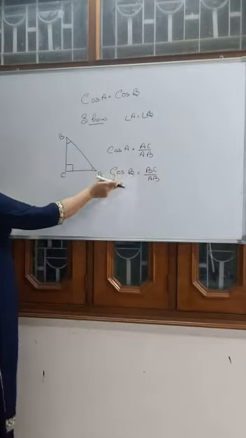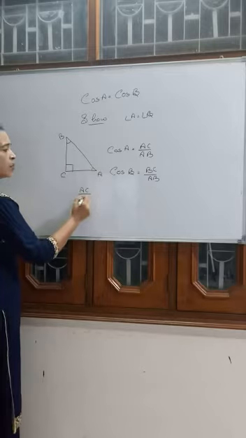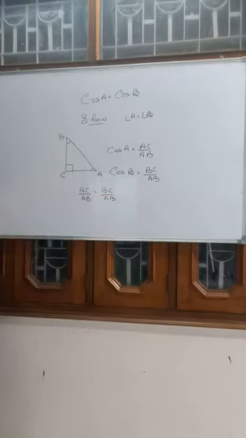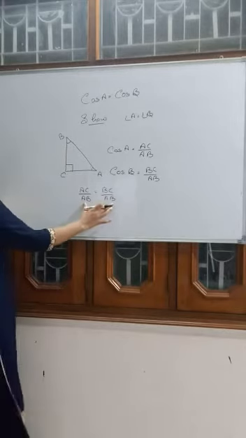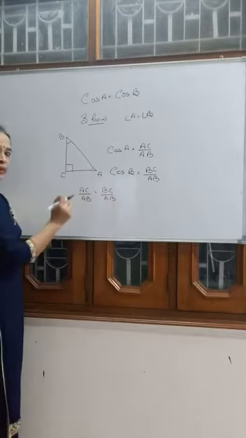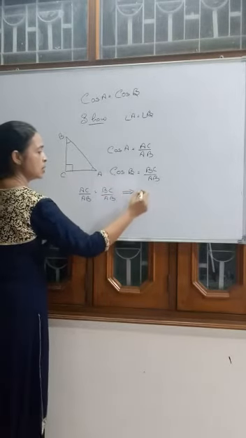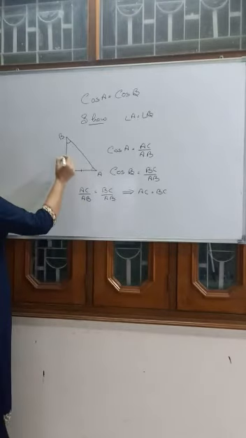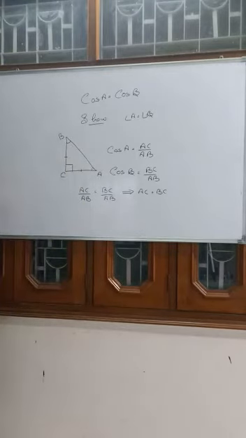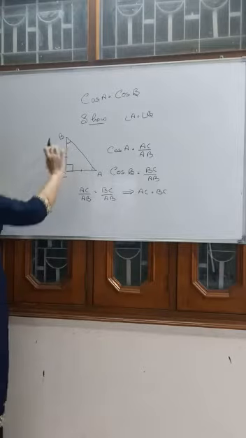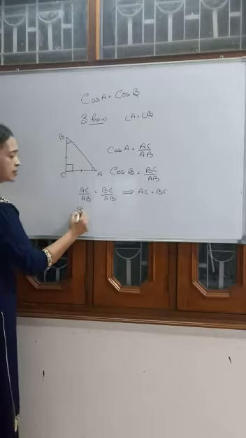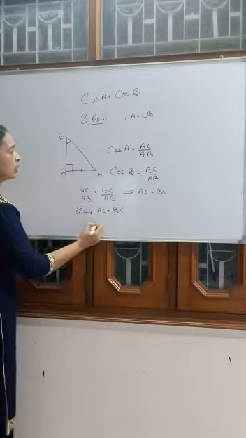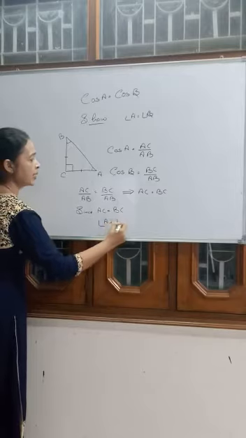Now, cos A equals cos B. Therefore, AC upon AB equals BC upon AB. Both fractions are equal. Now, if denominators are equal, then numerators will also be equal. This shows AC equals BC. Now, in this triangle, AC and BC both are equal. Two sides of a triangle are equal. Since AC equals BC, therefore angle A equals angle B as per